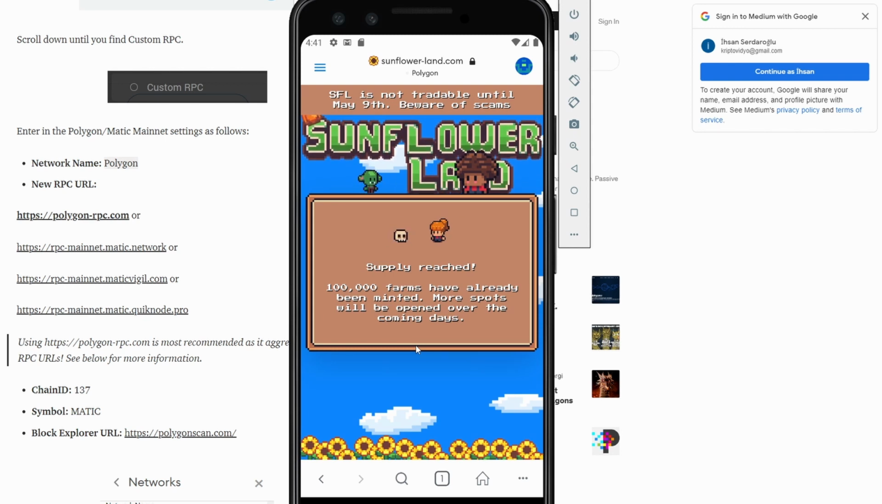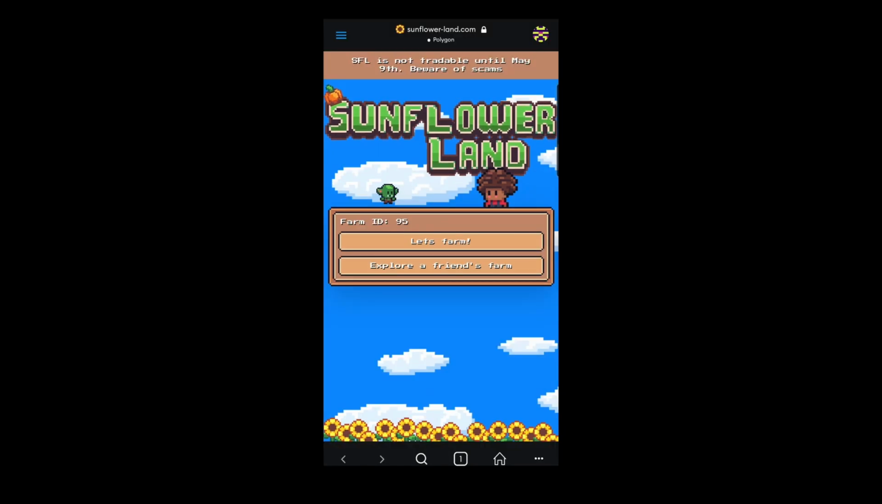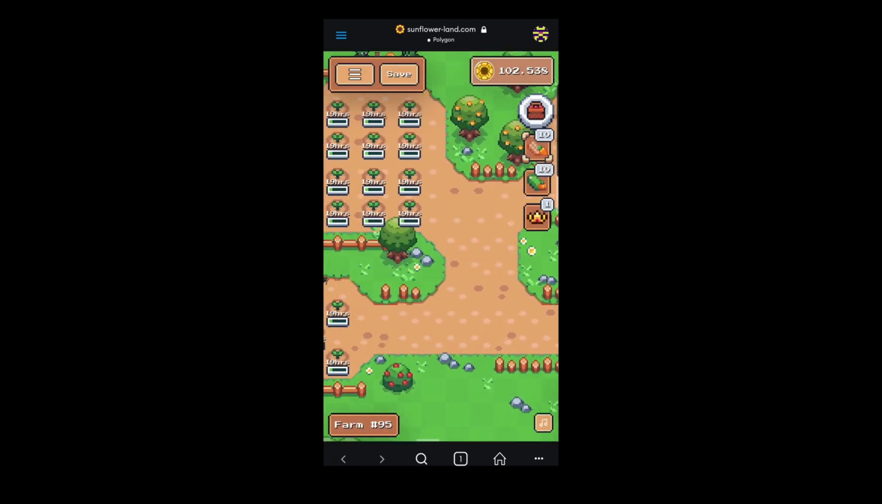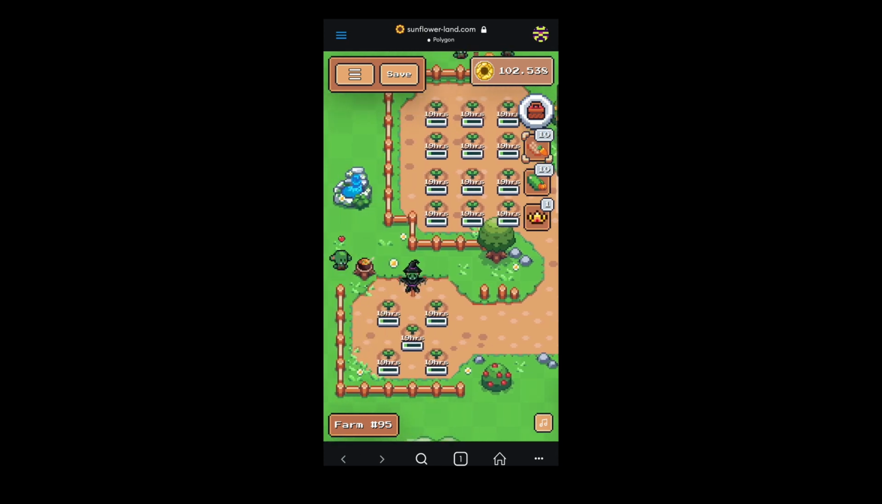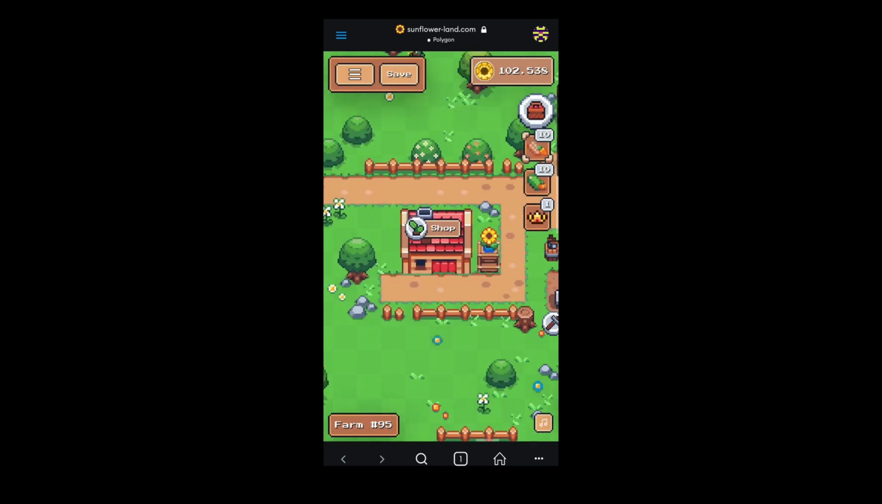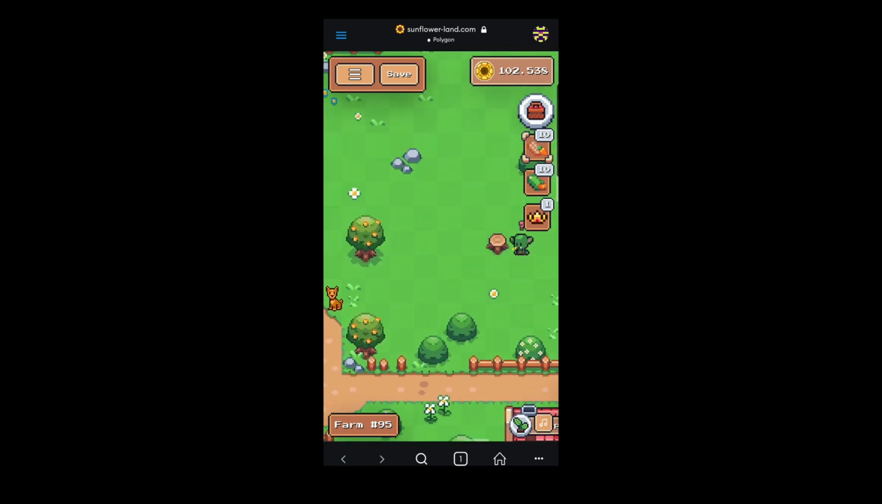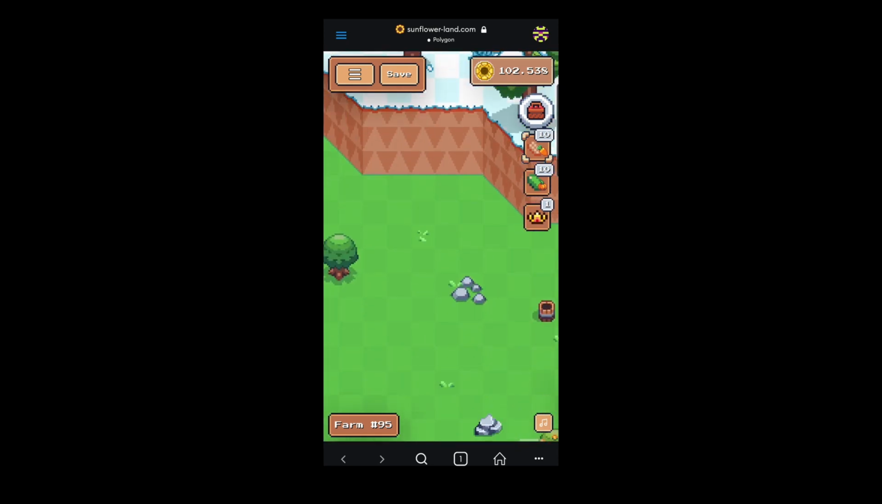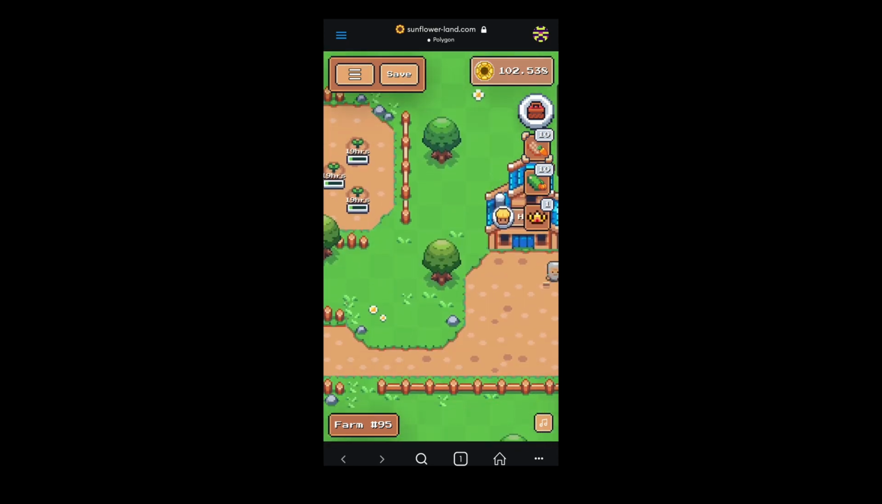How can you see your farm on mobile? So this is my main account. Let's click this farm, and this is how you see Sunflower Land on mobile. You can click to harvest and plant seeds. You can check anywhere. You just slide to see other places. So if I wanna sync,